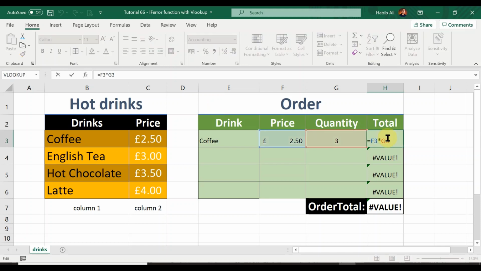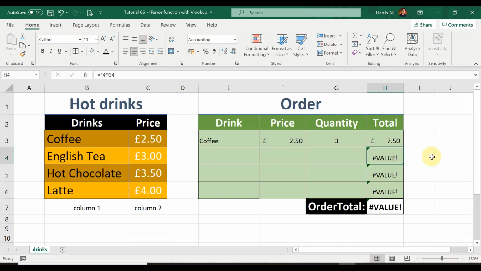I'm going to double click, just get into this, and then again at the beginning, just after the equal sign, if I type in IF and then select IFERROR from the list, press the tab key, and we've got the two arguments again. Remember, the value this time is going to be the multiplication formula, which we already have, and then click after it, press the comma, and then the value if error is going to be the quotations, two of them, and they represent, remember, a blank cell, and then close the bracket, press